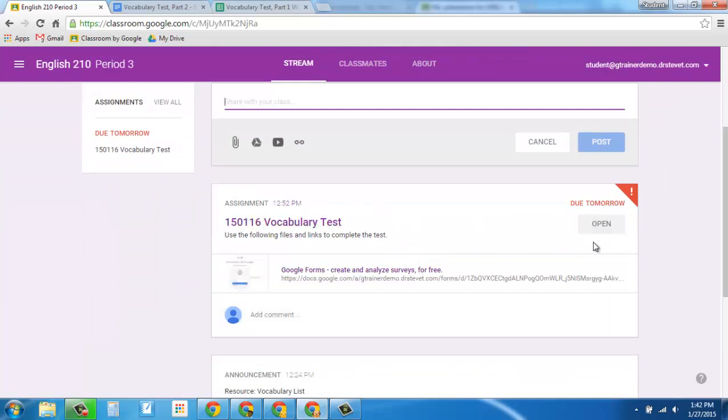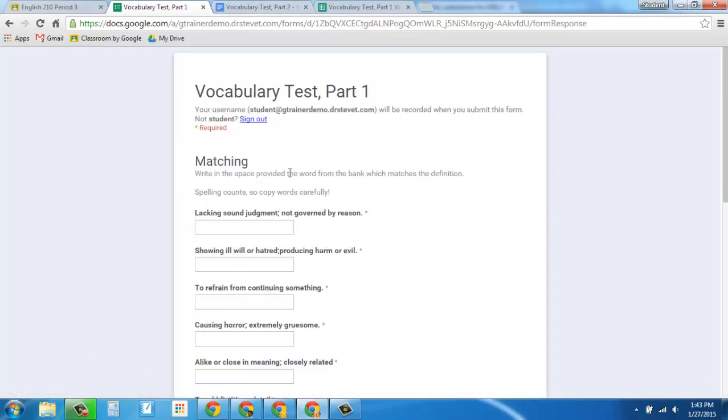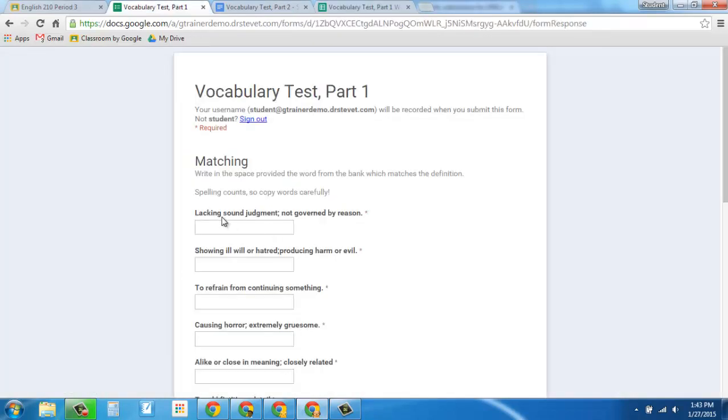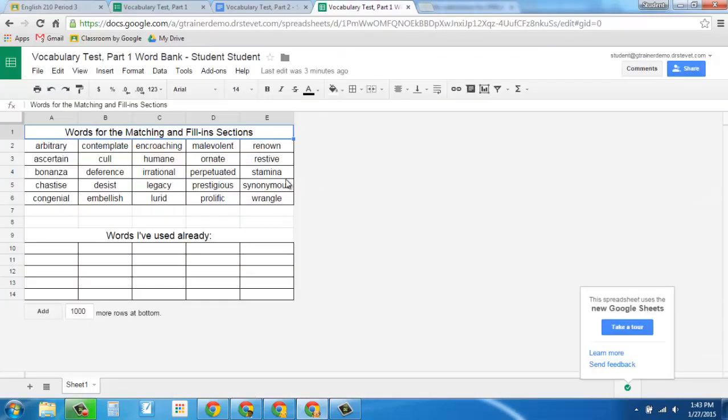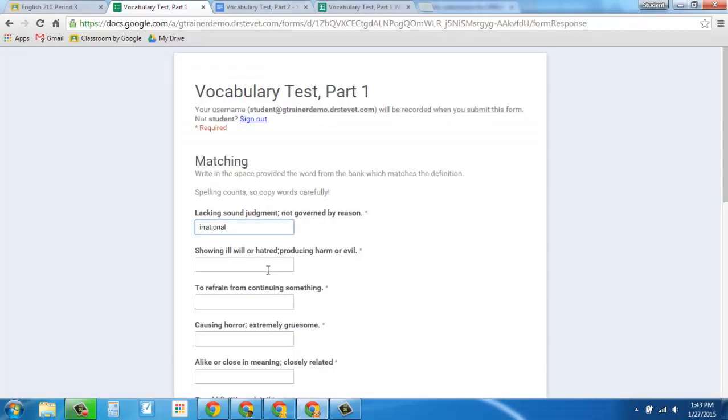On the assignment tab itself, it actually has a link, and if I follow this link, it's going to bring me to a Google form for this test. Oh, I should be filling out this test. I see. So now I've got the test, and I've got the word bank that I can use for the test. As I go along, I could find a word that I think means lacking sound judgment, and I could copy it, and I could paste it right in here. If I wanted to, I could also type,